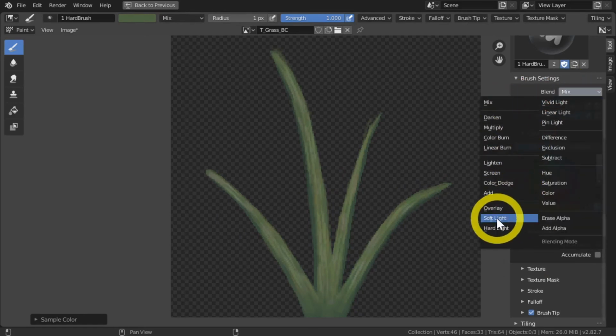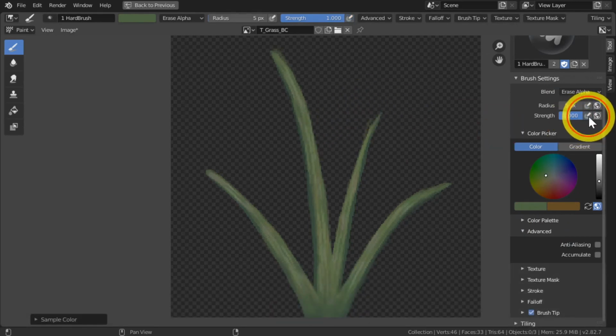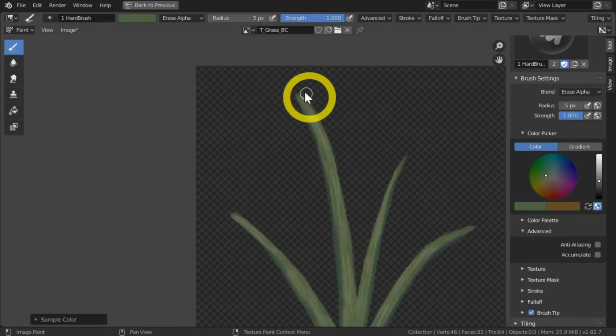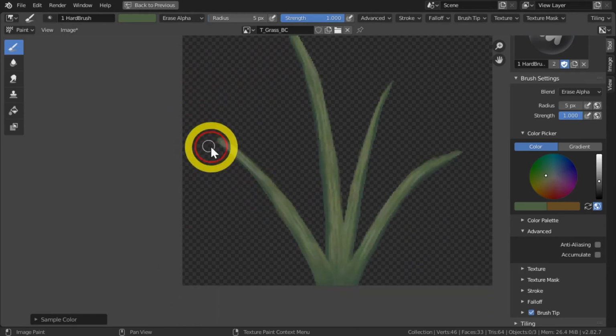Let's go to Erase Alpha. Make the brush a little bit bigger and turn pressure sensitivity off, and then draw in there. You can delete the tops here as well, because grass might have tops like that, I don't know. It looks nice, so let's keep it like this. In the end we are making stylized objects, so